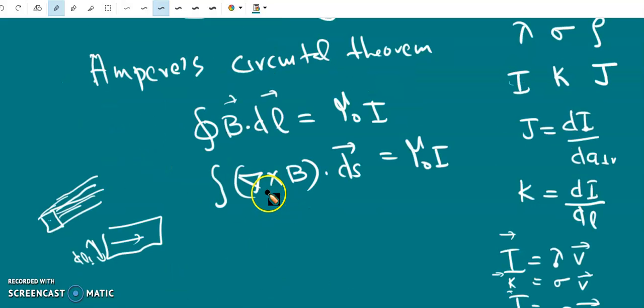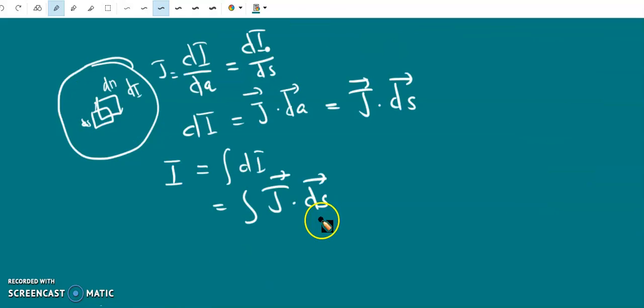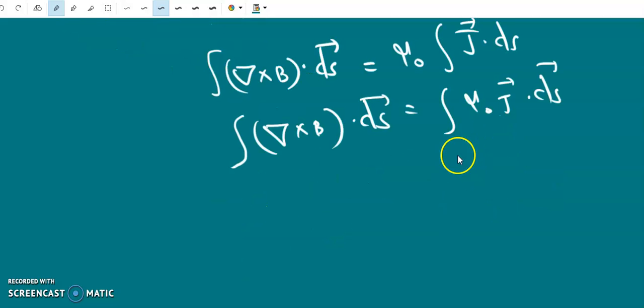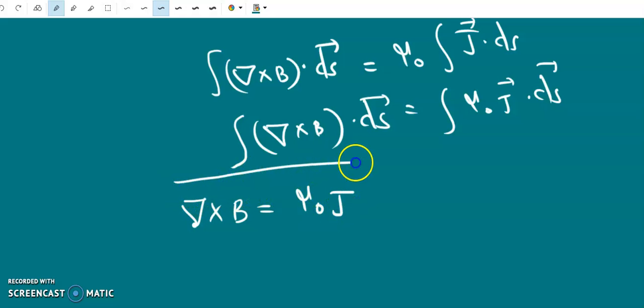So we can apply this in Ampere's circuital law. Already we have expanded Ampere's circuital law using Stokes' theorem. Integral del cross B dot dS is equal to mu 0 I, which is integral J dot dS. So both are surface integrals. So we can take mu 0 inside. Mu 0 is a constant, and therefore surface integral del cross B dot dS is equal to surface integral mu 0 J dot dS. So cancelling surface integrals on both sides, we will get del cross B is equal to mu 0 J. So this is for